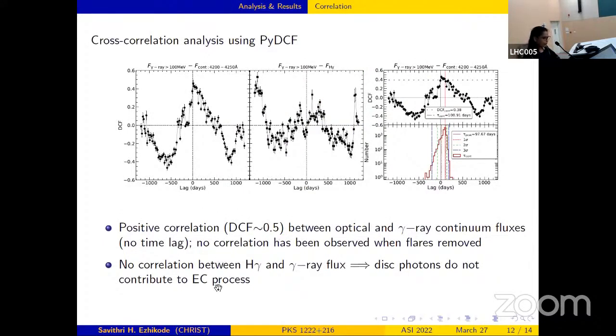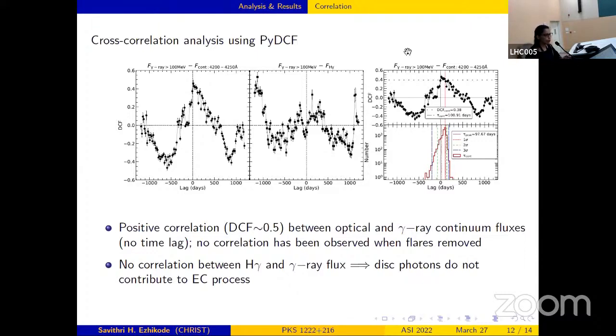Another cross correlation result is for H gamma emission line and gamma ray emission from the source. And here we did not see any significant correlation between these 2 emission components. Since H gamma emission, as I said before, is an indicator of the disk emission, the lack of correlation between these 2 components disfavors the origin of disk photons